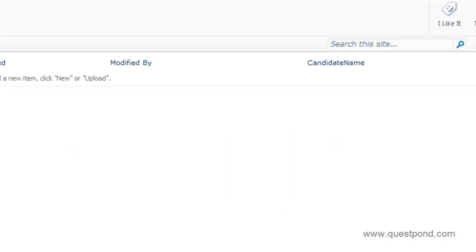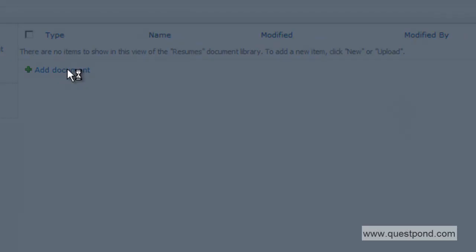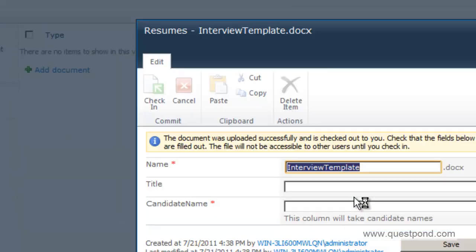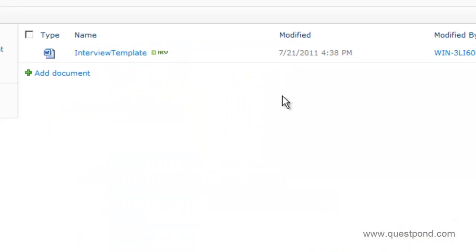Now let's go back to our resumes here. So you can see that there is a candidate name over here which is entered. Now let's go and add document, choose file, upload it. Now you can see that it has popped up asking me to please enter the candidate's name here. So I'm going to say okay, this is a resume for a fresh candidate, maybe a fresher. And the candidate is maybe Shiv Prasad Koirala, and say save. So that's the data added over here.